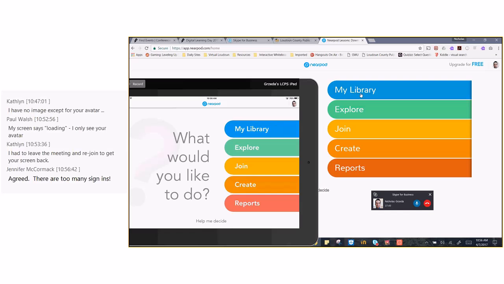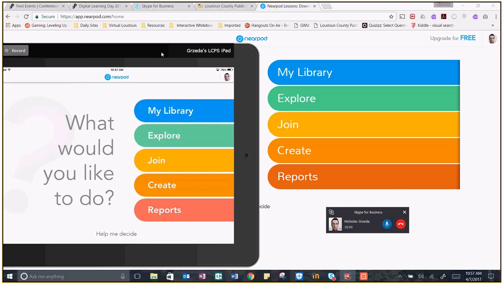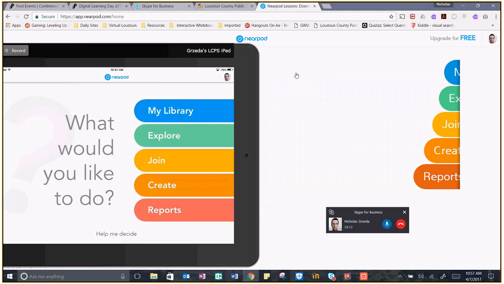Alright, so I'm going to go to my library. There is some further examination we can do with Nearpod, but in a nutshell, here's what Nearpod does for you. It's a presentation tool where you don't have to reinvent the wheel to make some of your presentations a little bit more exciting. We have PowerPoints, we have Google Slides, and what Nearpod allows us to do is upload those Google Slides or PowerPoints. So I'm going to go to my library,